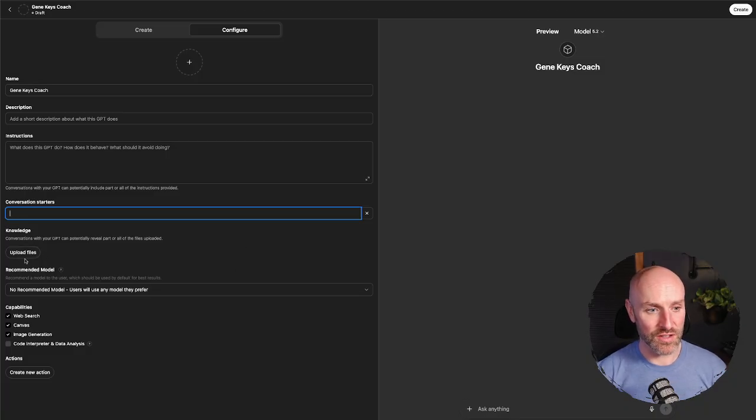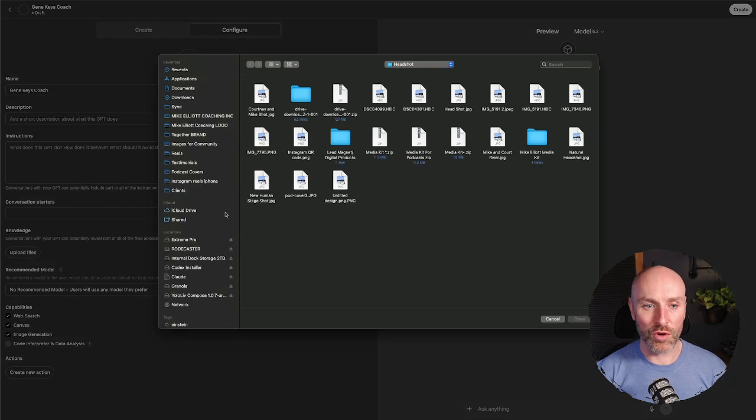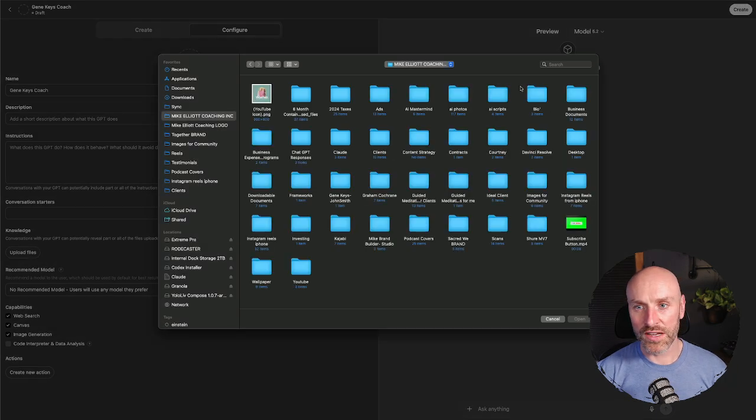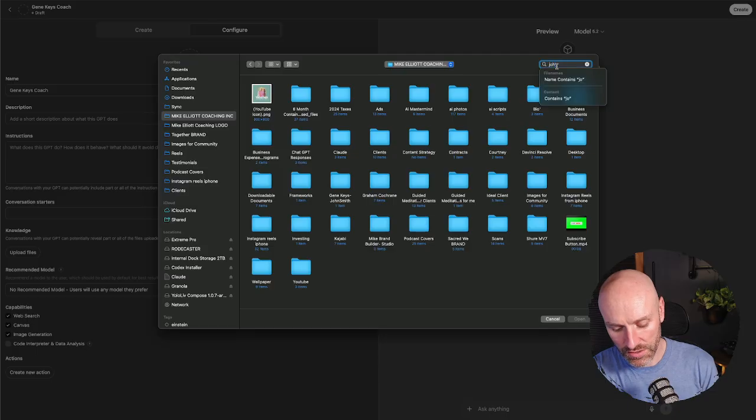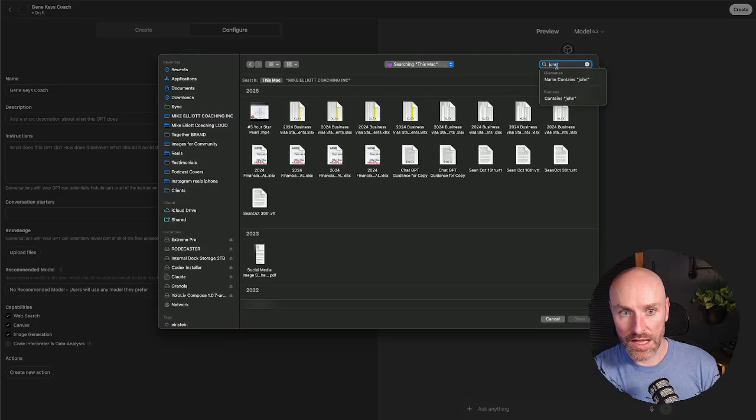Okay, so down here's the golden nugget. You want to click upload files and you want to go find the file that you created that has your